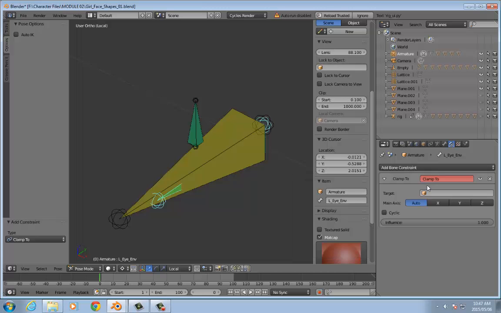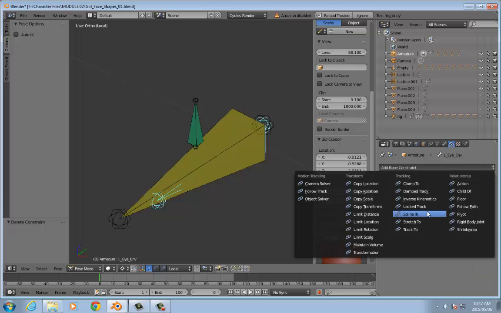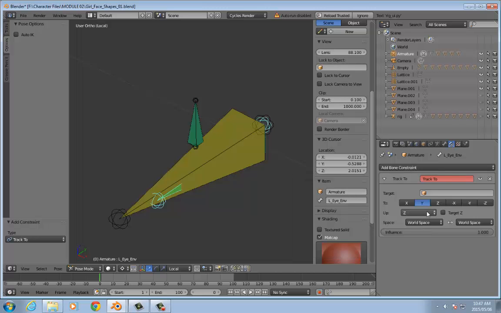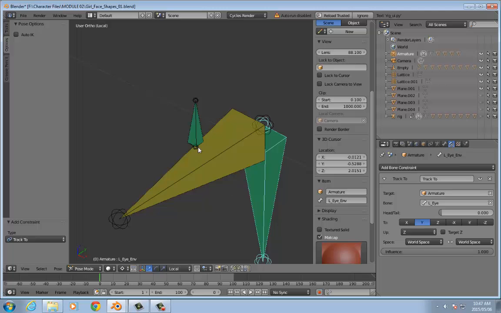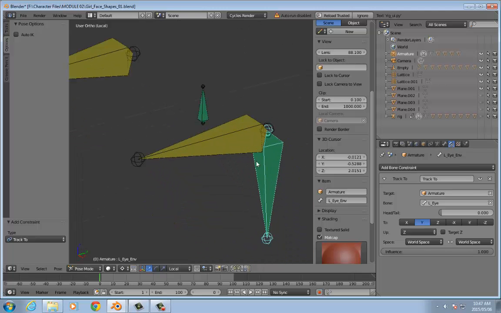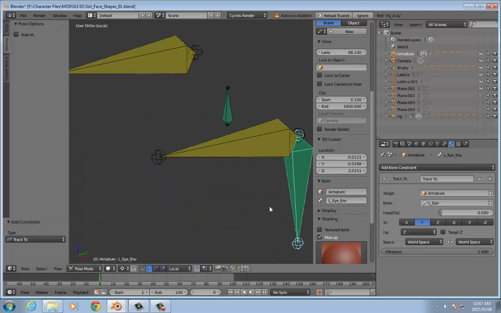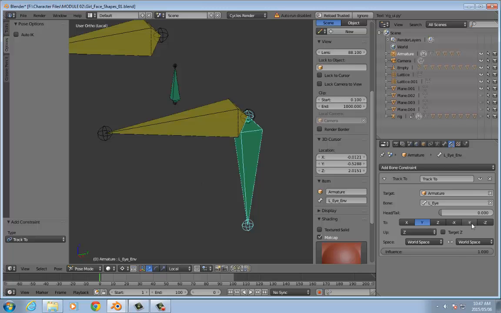Clamp 2. Clamp 2 sounds fair. Clamp 2, and then we go, no, it's not that. Track 2. Left eye. Okay, even if it does that, 2 y,